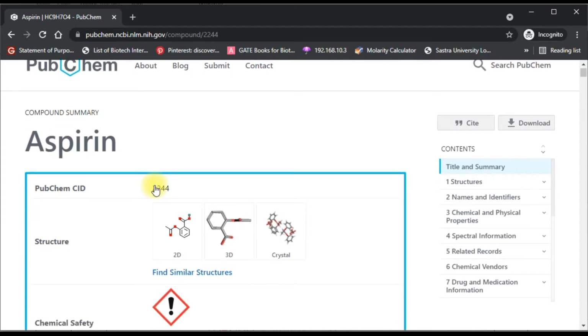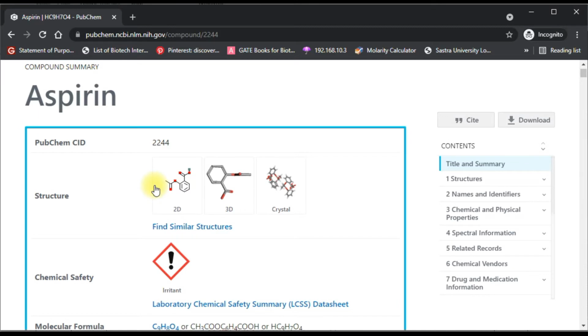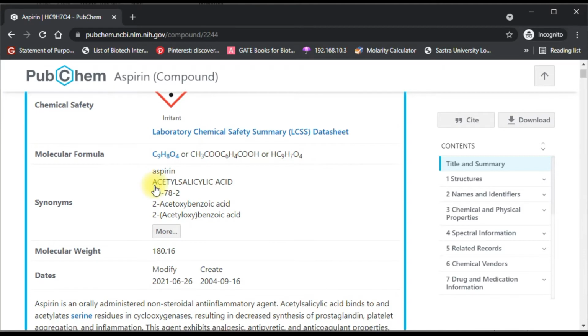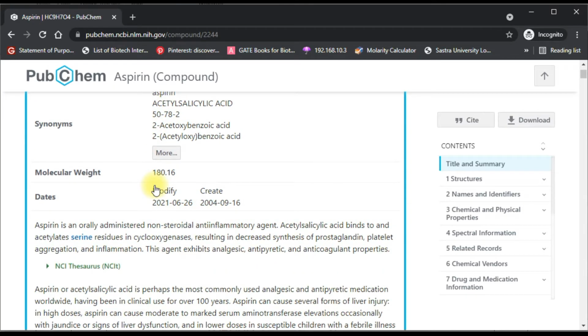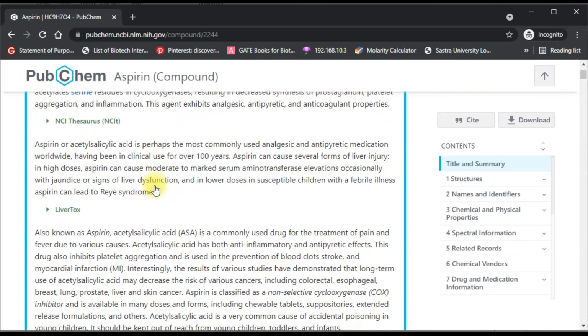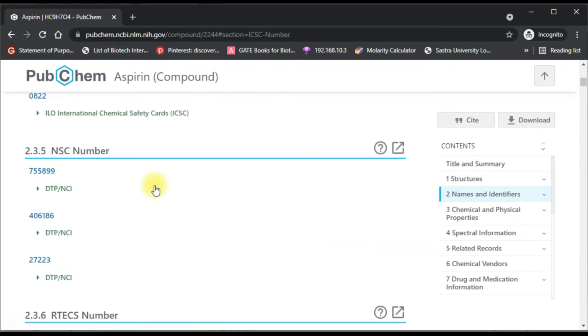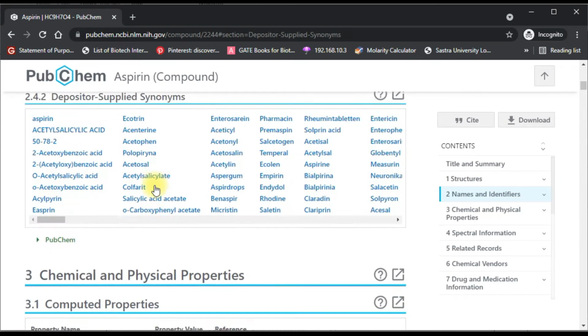Now here you get to know all the details of this compound, like its name, 3D structure, 2D structure, crystal structure, its safety databases, physical and chemical properties, molecular weight. You get to know all the information, right from its toxicity, where it is used, who is the vendor, who is selling it, when it was created, and you also get to know about the literature studies of this compound down here.